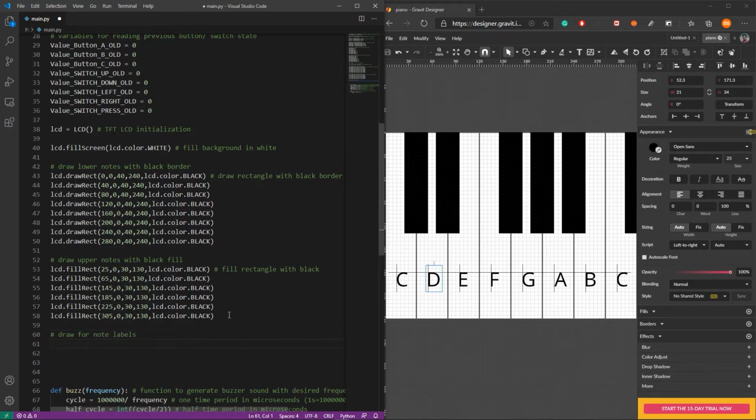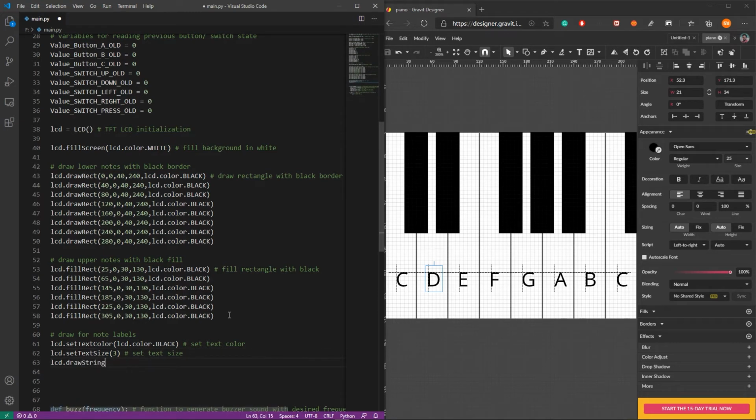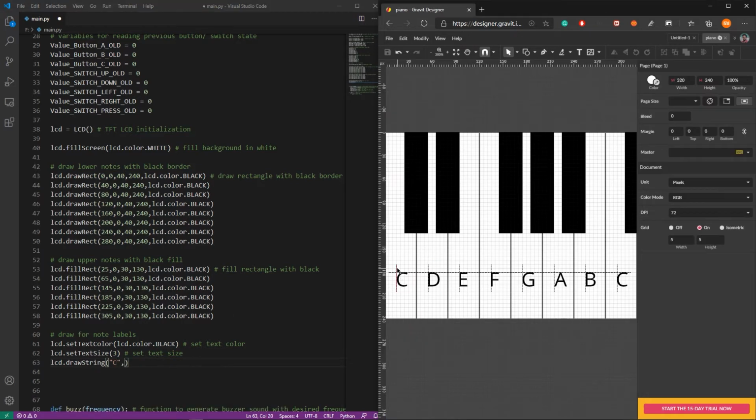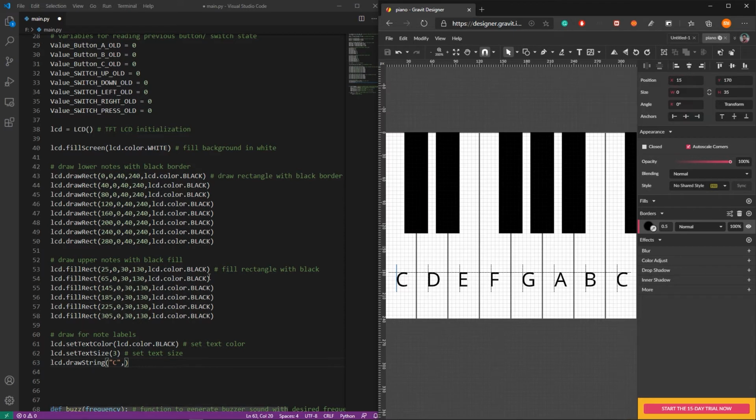So first let's set the text color to black. Then let's set the text size to 3. After that, draw the text string. Let's draw C first, and to get the location, select this vertical line and the x-axis value will be 15, and select the horizontal line, y-axis will be 180. Repeat the same for the rest of the note labels.